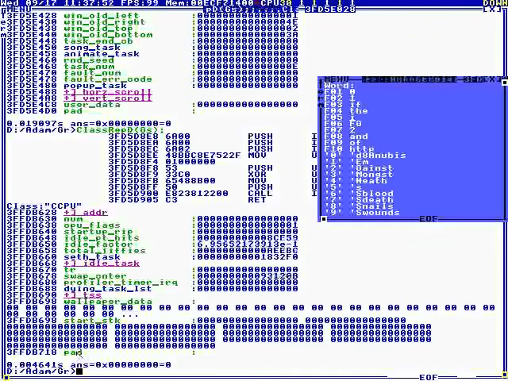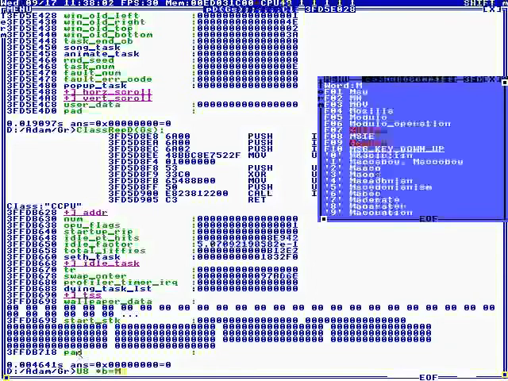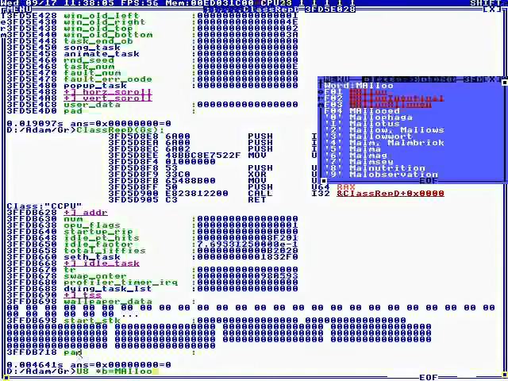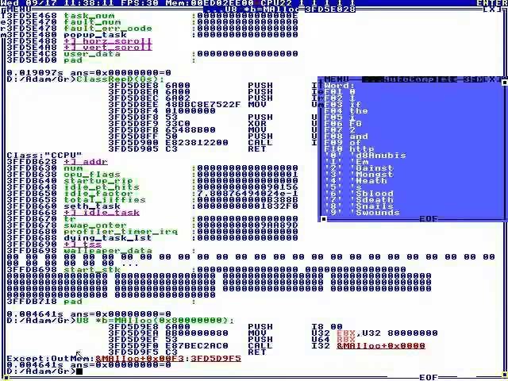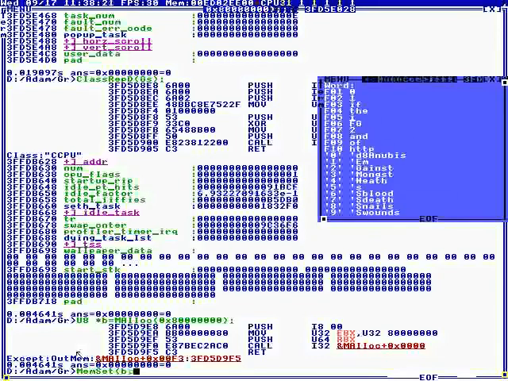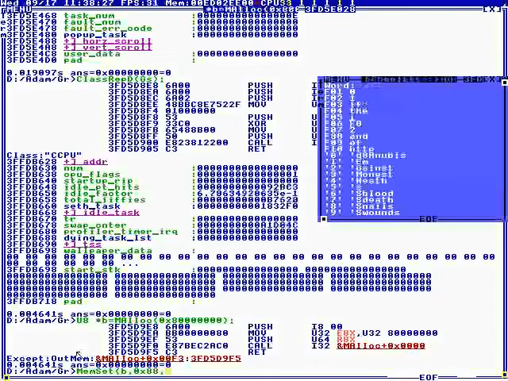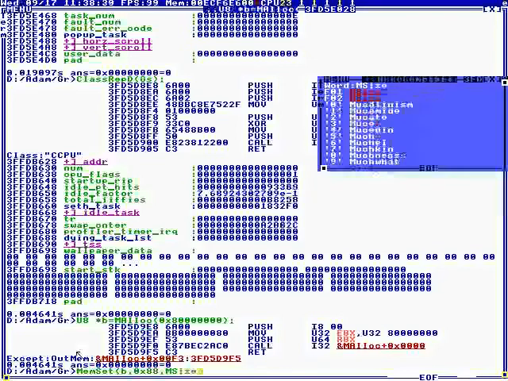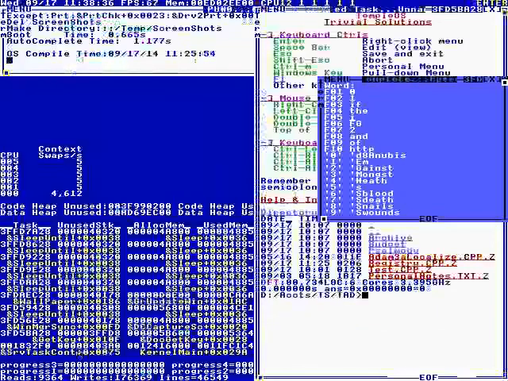Okay, what other fun and mischief can we get into? How about U8 star B equals malloc? I could allocate a big chunk. Oh well, let's just go 0x80. So you can use malloc at the command line. Memset. I'm just showing how this works. 0, comma, let's do 0x88, that's the year I graduated, comma, and then M size, that's the size of the allocated chunk. So anything allocated off the heap, oops,